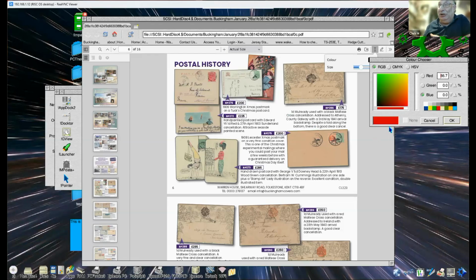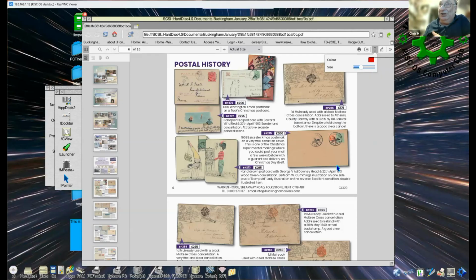Supposing I wanted to put some text. Where am I going to put it? I'll put it down here. There we are. I'll type in some text. You could save that version of your PDF with that text in, or you can even do